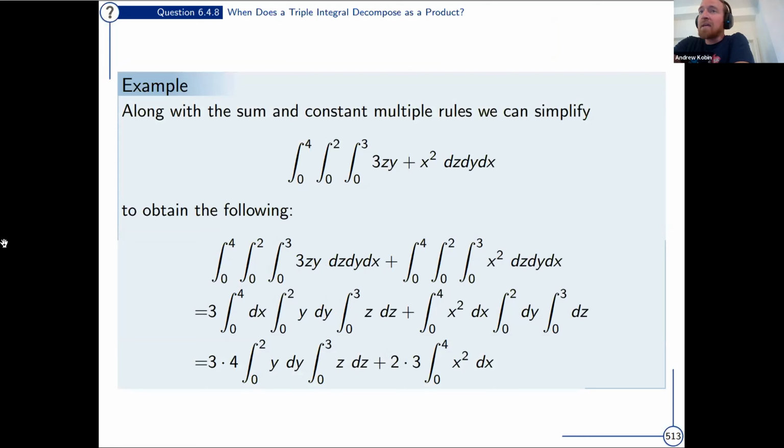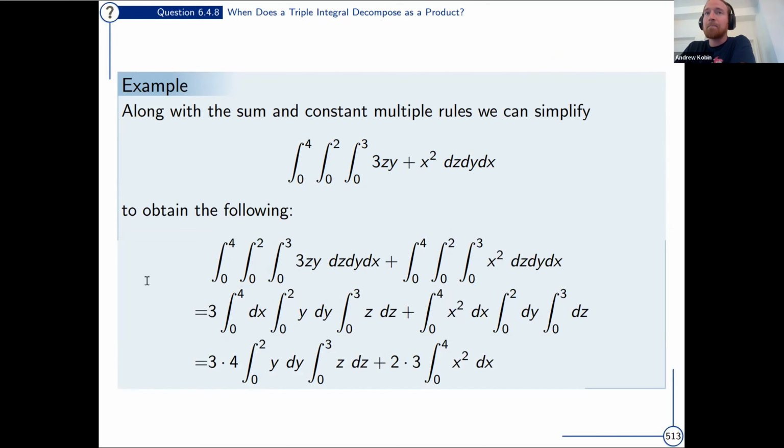We also have sum and constant multiple rules, just like we had for double integrals. And I'm not going to write those, but here's an example that you can pause the video and track through to see how we can split up an integrand, this is our f of x, y, z from a few problems ago, into separate pieces, each of which can be factored into products of single variable integrals. I'm not going to talk through this slide, but you can pause and look through what happens in each step